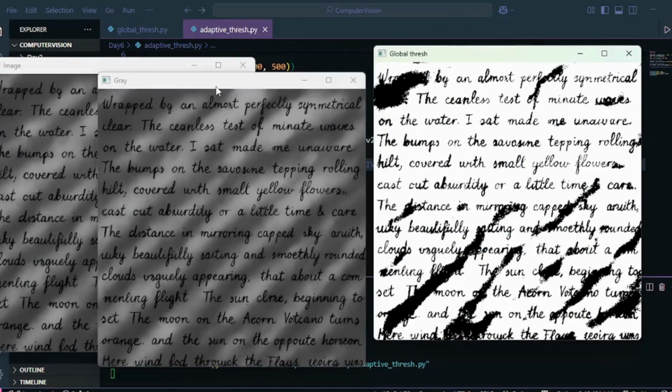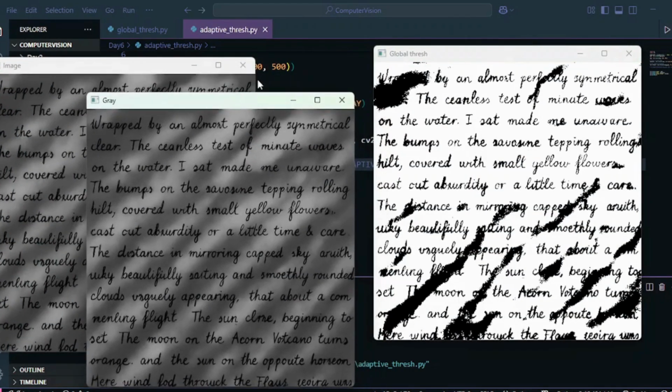Okay, so think of the adaptive threshold as a window, as a sliding window that slides over your image, and for each window, it calculates a threshold value. So every window, you can say, will have a different threshold value. Okay, so it's going to have multiple threshold values.